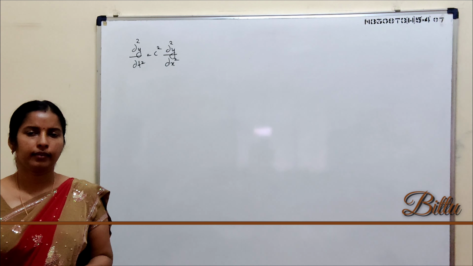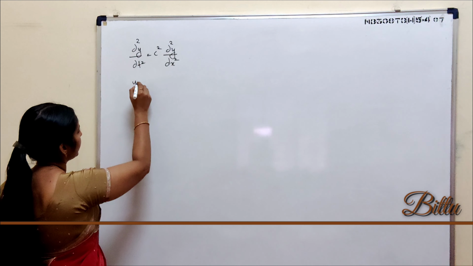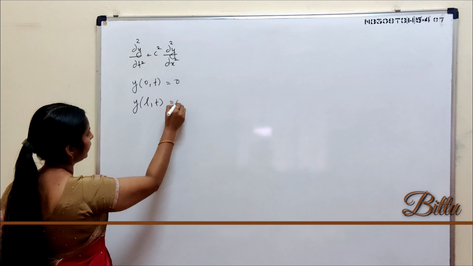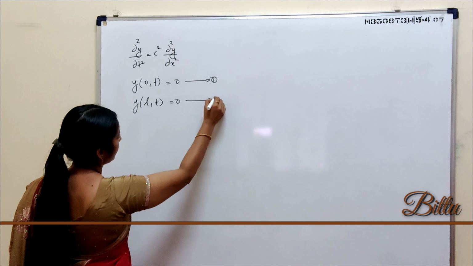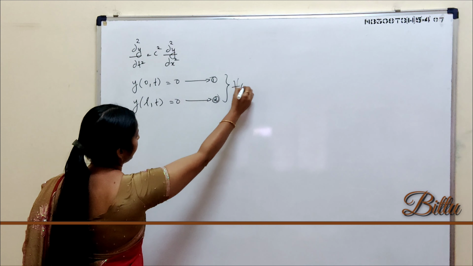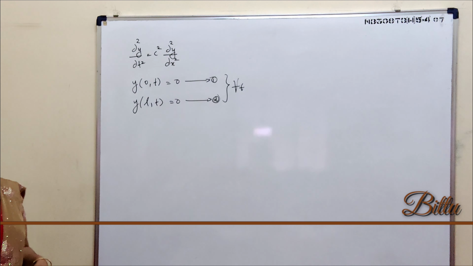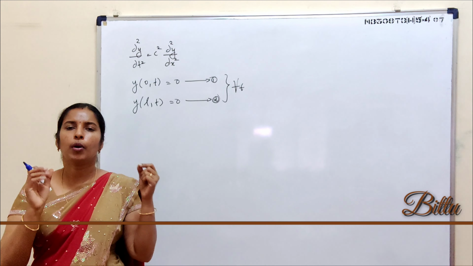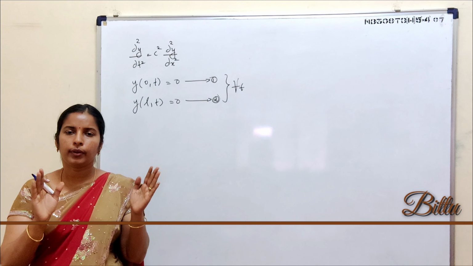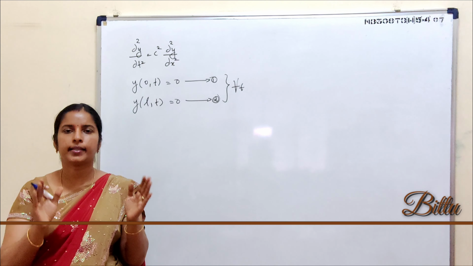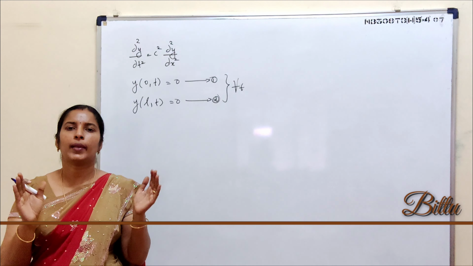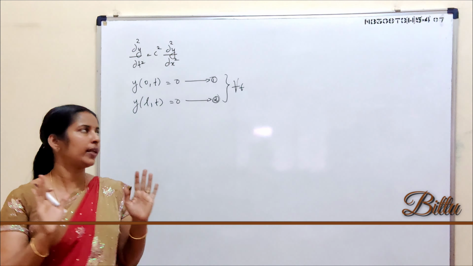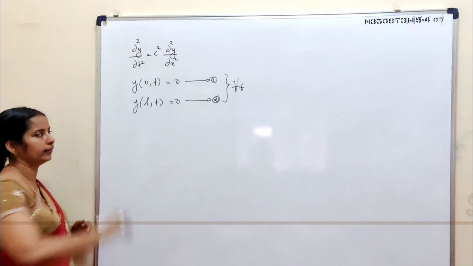It's common for any question. Here the boundary conditions are y(0,t) = 0 and y(L,t) = 0, equation number 1 and equation number 2, for every t. See, these boundary conditions are the conditions on the boundary. When a string is fixed at 2 points, both ends have no displacement. That is, its displacement is 0. At the boundaries, displacement is 0. That's why the name boundary conditions. At any time, there is no displacement. Mathematically it is denoted like this.